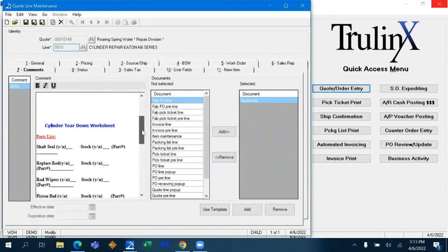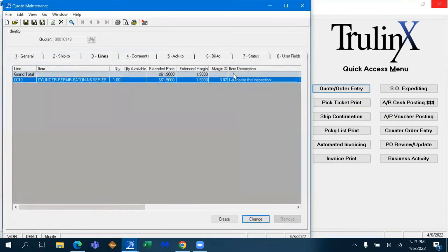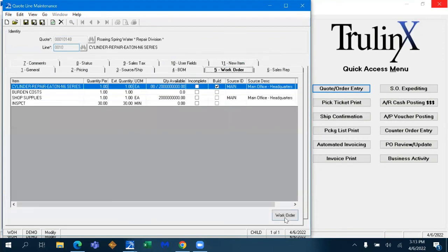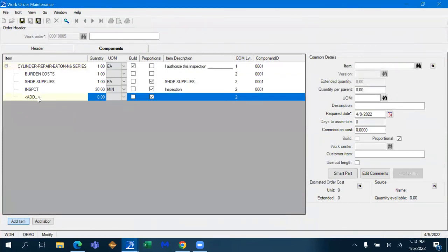They go tear it down. They write down on here, either the tech can go to the screen and do it, or it comes to the shop foreman or somebody else. So they'll open it back up. They double click on it. When they're done, they click the work order button, hit work order. You see how it added shop supplies, inspection and burden automatically? I didn't do that. You can wire it in so it charges those. You want true profitability, right? Those are costs that you're going to have to deal with, and you better be including those in your